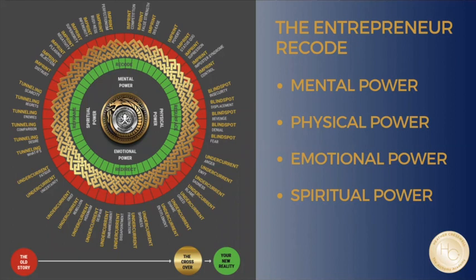And so I'm going to just speak you through this Entrepreneur Recode, and we start up here at the Recode section, and that is where our imprints are. Now, for all of us, every event that has happened to us that has had impact on us has left an imprint on us. They are almost like the tattoos that sit in our unconscious, that form the foundation of our psychology. So I'm just going to be very open with you here, and I'm going to share some of my imprints and blind spots and how this has impacted on my life up until now. And hopefully that'll give you some insights into yourselves and how you can reframe them.